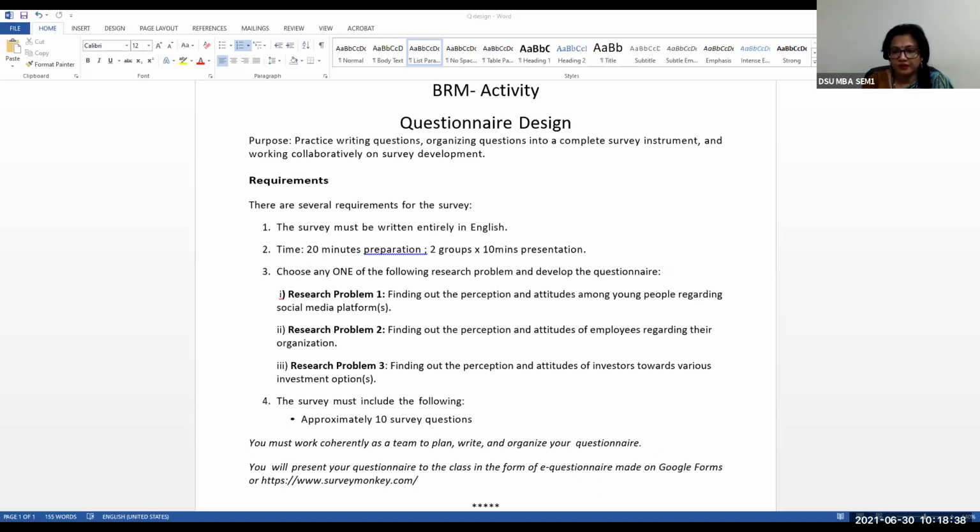Please have a user ID and password created. And please understand, this is a practical thing. I don't want to give a PPT presentation on how to do the questions in surveymonkey.com. It's all about hands-on exercise. If you don't do hands-on exercise, students, you will not become comfortable in making a questionnaire.